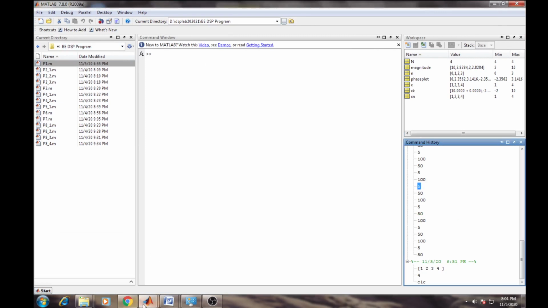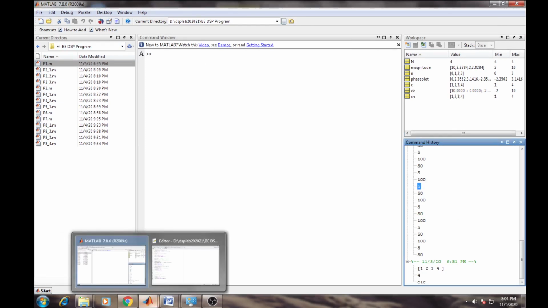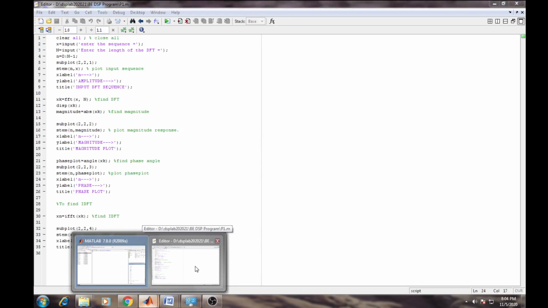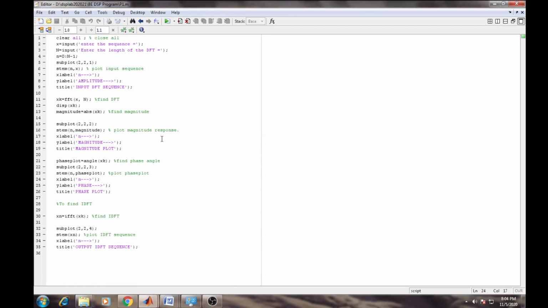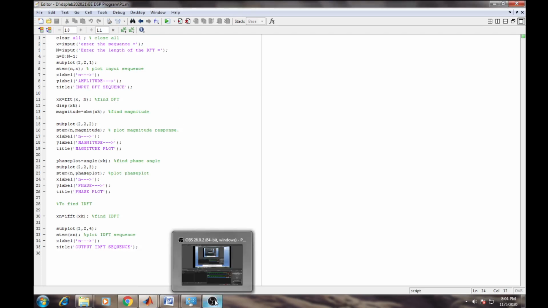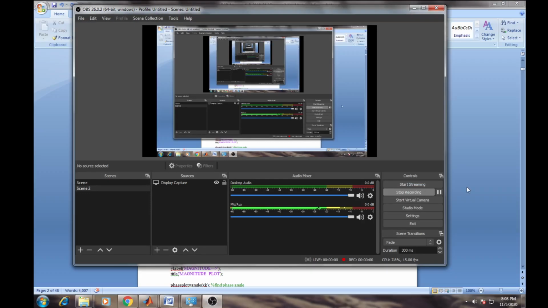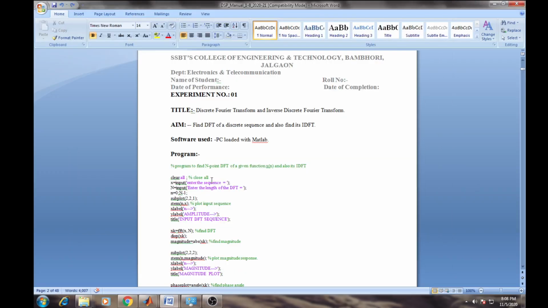Now we are going to start our first experiment. For the first experiment, we will go for understanding of DFT and IDFT. The title of the first experiment is discrete Fourier transform and inverse discrete Fourier transform.